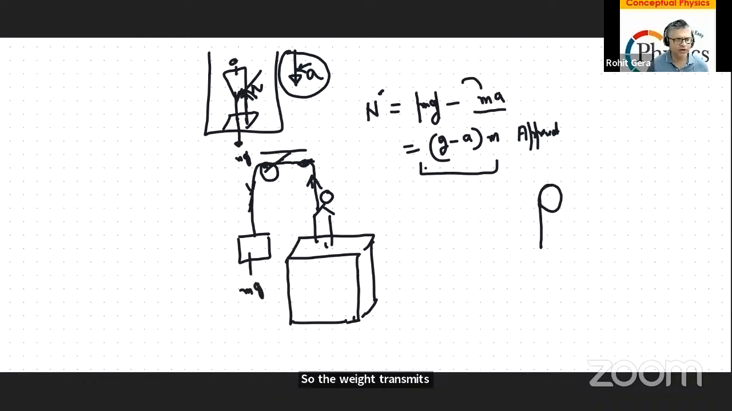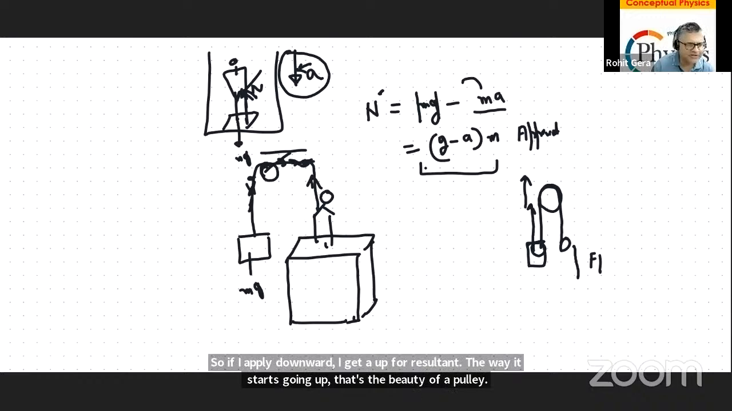You don't need to worry about what I'm talking about, but pulley at least is capable of changing the direction of the force. I apply the force here and I get a result here. So if I apply downward, I get an upward resultant. The weight starts going up. That's the beauty of a pulley. It's a machine after all, but we are not worried about that. If you notice this man,